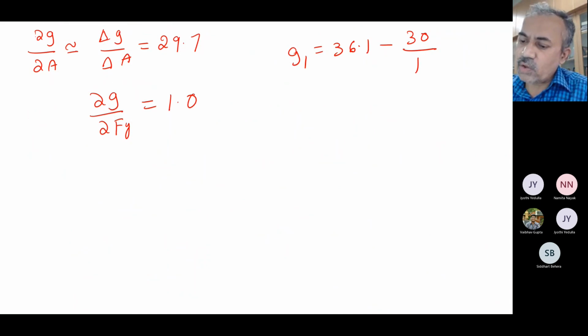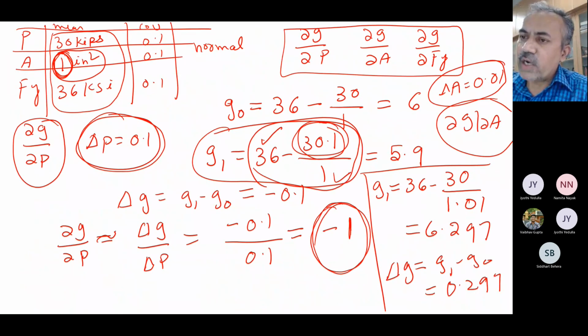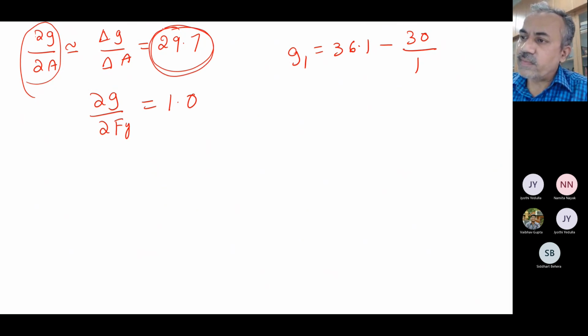There is no need to worry about the derivative. If it is negative, it means the slope is going this side or that side actually. Now you can also find out for this problem what ∂G/∂A is. We have got ∂G/∂A as 29.7, but you can easily calculate what ∂G/∂A is here. Minus P by A square. You substitute the mean value. So P is 30, and A square is how much? 1 is 1. So that automatically turns out to be 1 itself. Okay. But the value here, how much have we got?